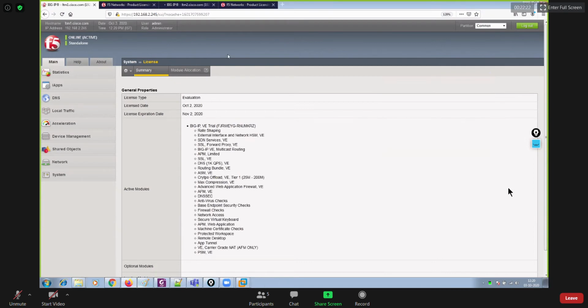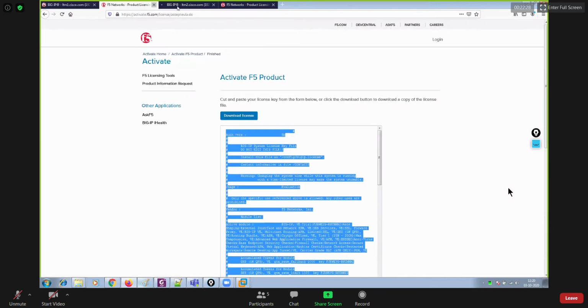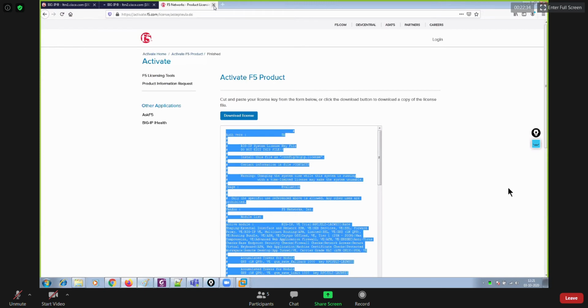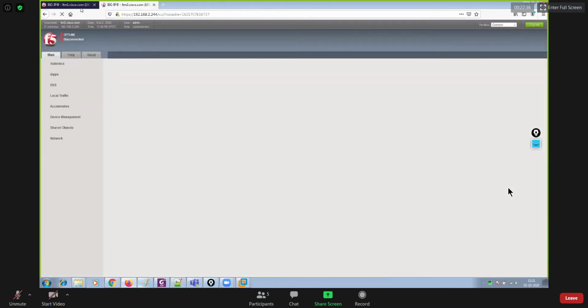Let me remove that tab, last tab as well. So LTM2 is giving some error messages here. Let it come up.